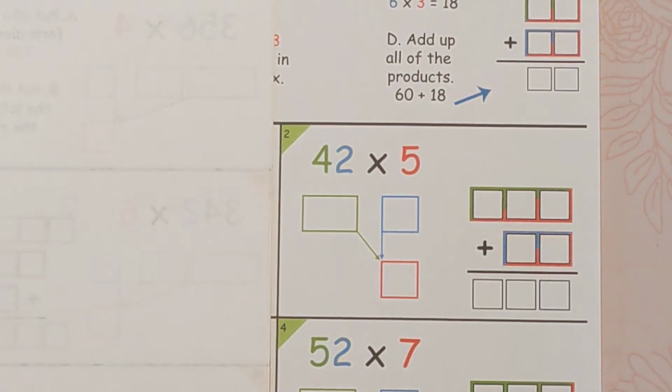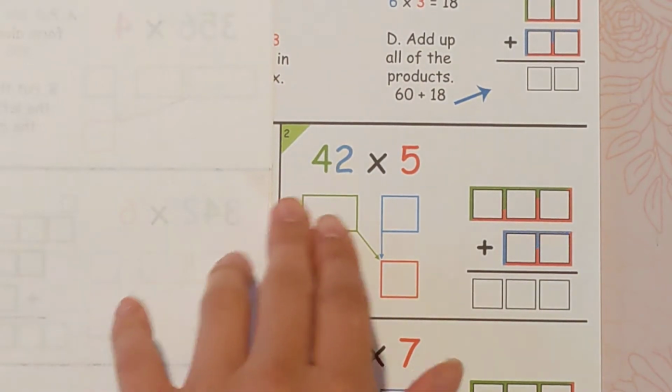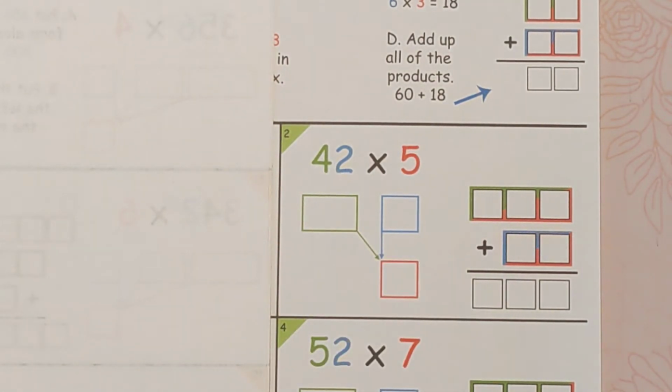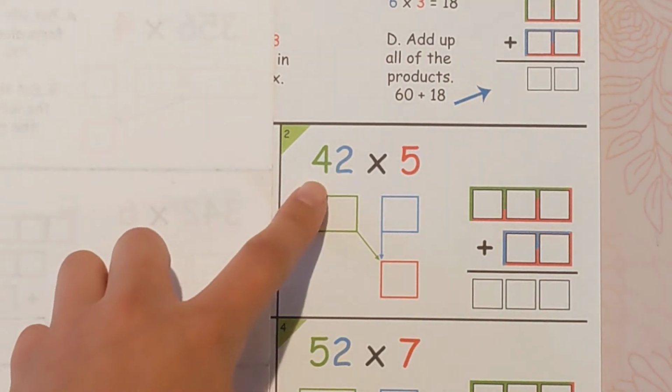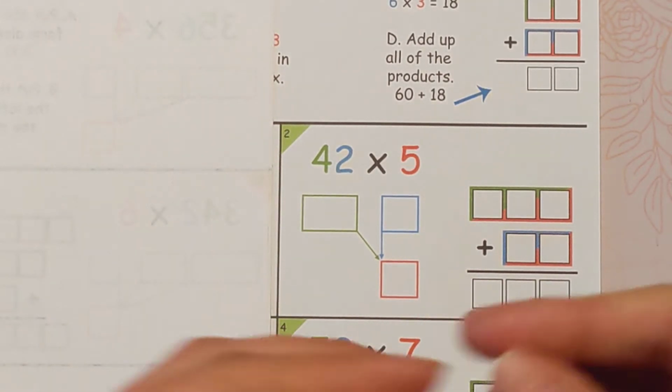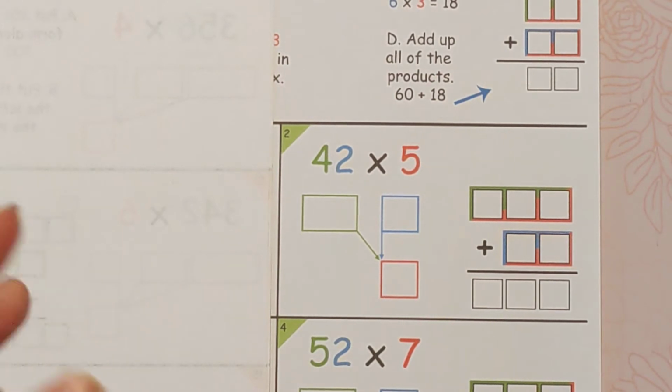Hi everybody, we are doing multi-digit multiplication. We are using partial products. We have the problem 42 times 5. So with partial products, all that means is we're taking the bigger numbers and just splitting them up and multiplying them in pieces,